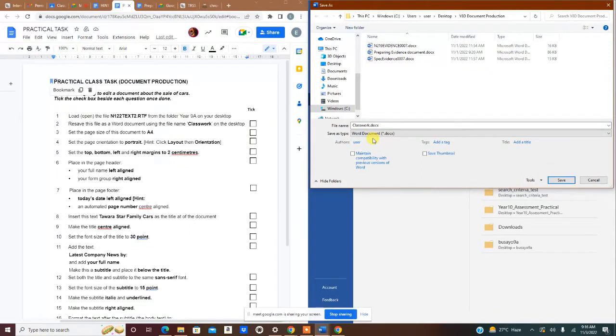Now the reason why I'm doing this is that when you leave the file as RTF, the rich text file format, only formatting that is done on text will be saved. So if you put up images, charts, or anything like that, those would not be saved. Okay, so you need to make sure you change it to Word document,